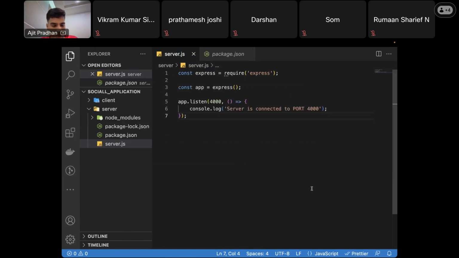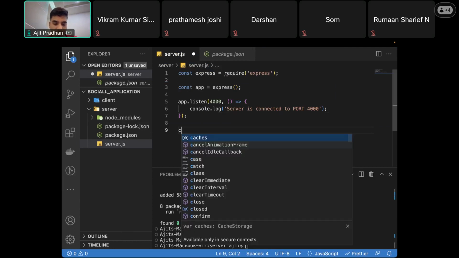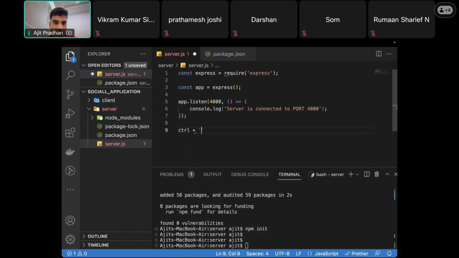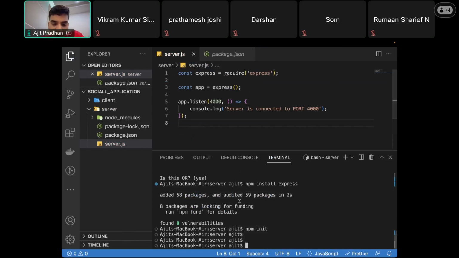There is one command to open the terminal directly: Control plus the tilde operator. Now, we all know Node is the runtime environment, and we will be using Node to run this file. So when I write node server.js, I just write server se,